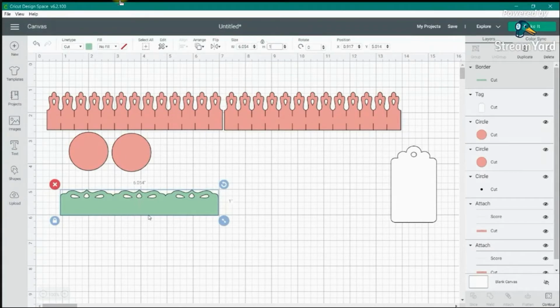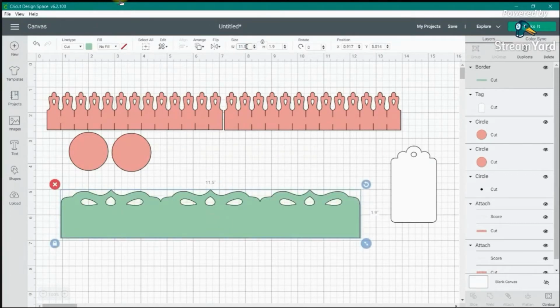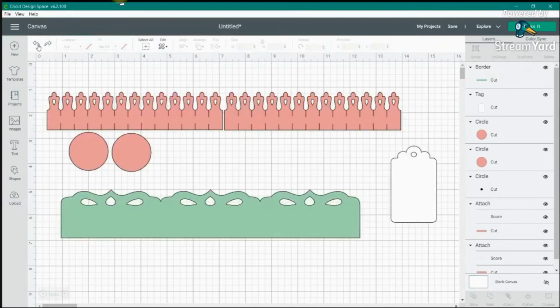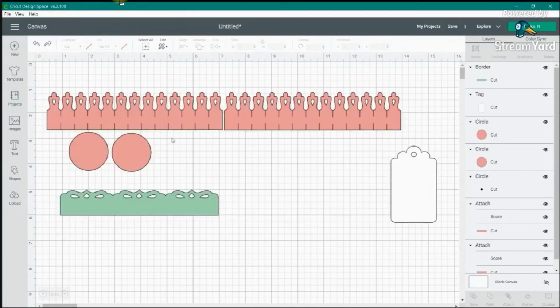I'm not going to cover this a whole lot because we've done this like 2 or 3 times. Just know that I want this border to be 11.5 inches wide. If I were to type 11.5, I'm going to end up with a border that's not 1 inch high. And if I tried to unlock it and typed in 1 inch, my border is a bit wonky. It's not going to have the same look that the border should have. We talked about stretching in that border lesson, but tonight